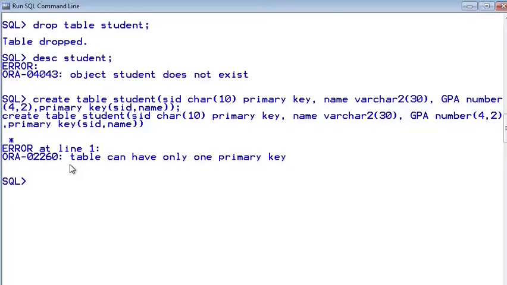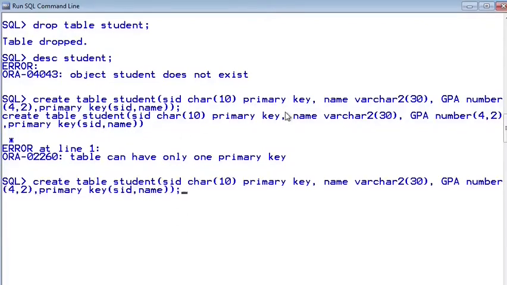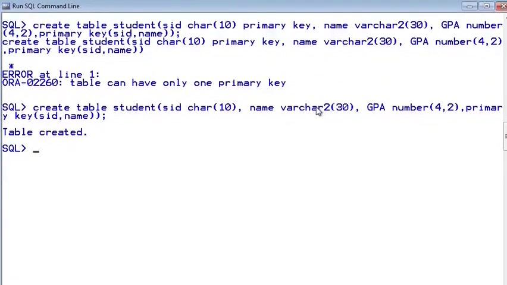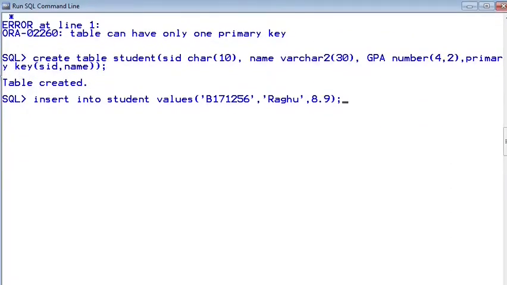Here we got an error: a table can have only one primary key. Here we declared the primary key as SID and name, and also here we specified SID as primary key. So remove the first one. Table created. When we have this composite primary key, while inserting data, the combination of name and SID should have